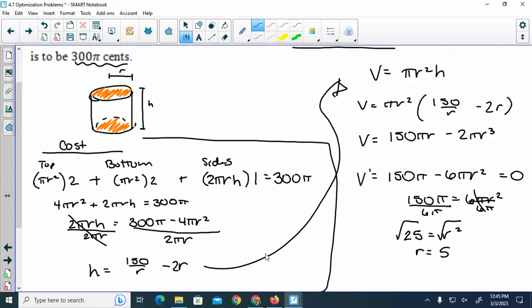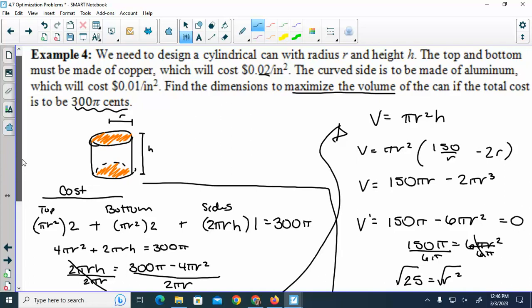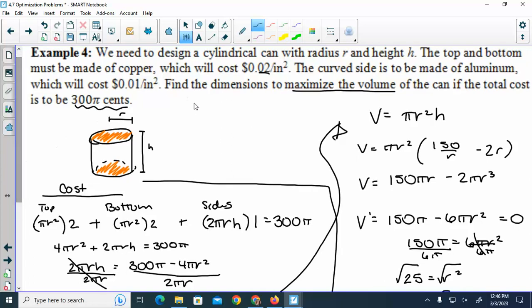So the radius is 5. The question was to find the dimensions. So the can must have radius 5 inches